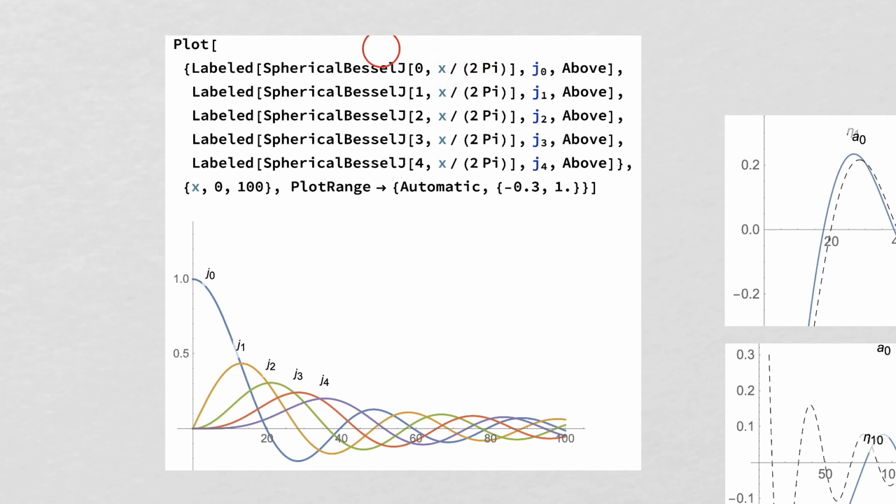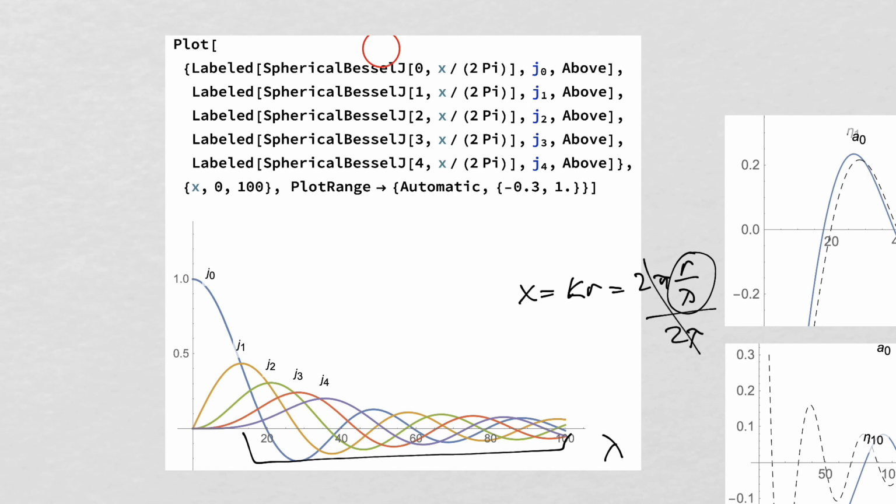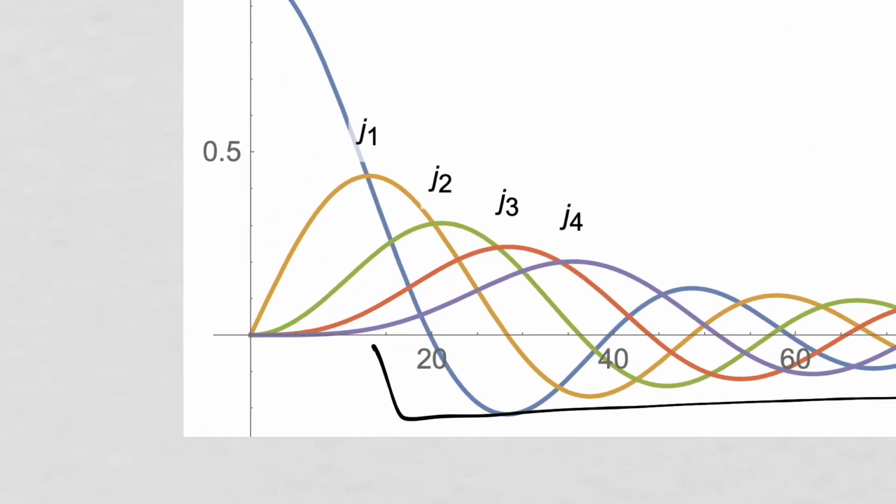So now, by dividing x by 2 pi, this axis is now in units of the de Broglie wavelength, right? Because x equals kr, which equals 2 pi r over lambda. That's the unit of the de Broglie wavelength. So x over 2 pi is just the de Broglie wavelength. This is an interesting way of looking at it, because now you can look at these Bessel functions and